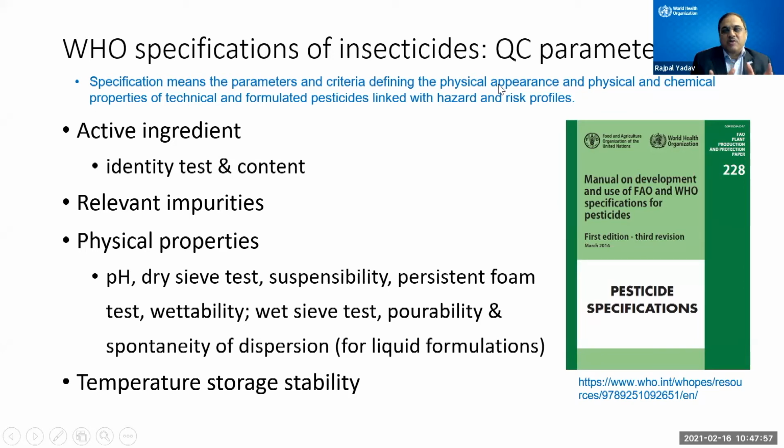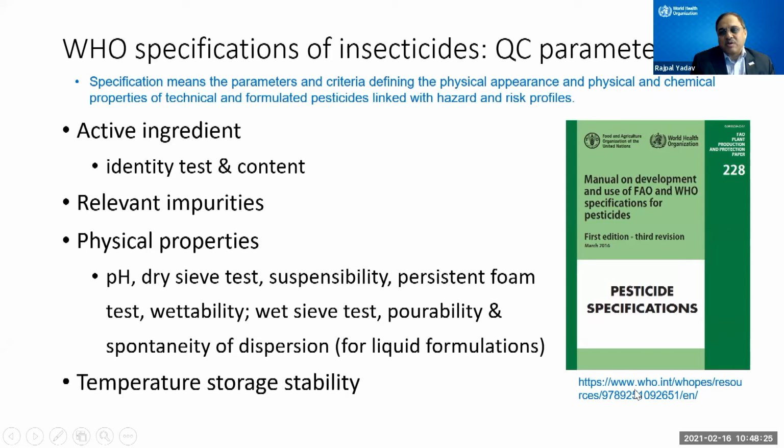What does that insecticide or pesticide look like? What are its physical and chemical properties, both of the technical active ingredient as well as the formulated, ready-to-use product in the field? This formulation provides information on the hazards and risks of those insecticides when they are used under operational conditions. There is a WHO FAO manual on pesticide specifications, which is placed on the right side of this